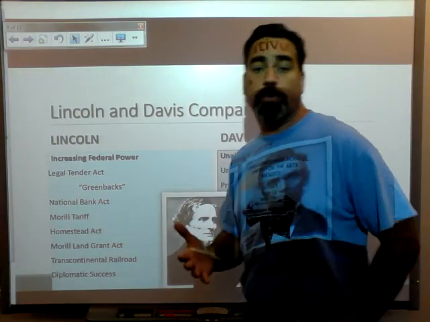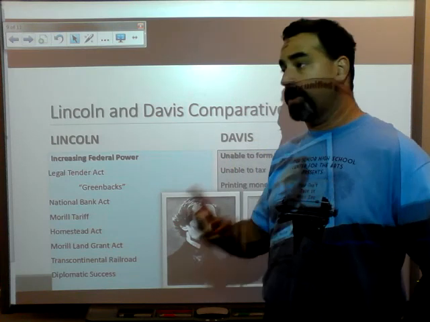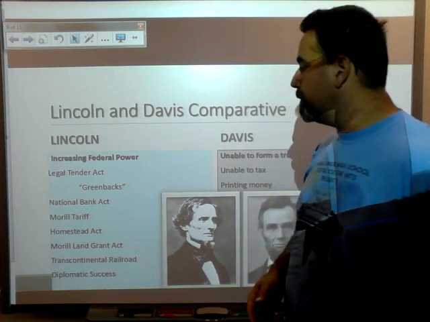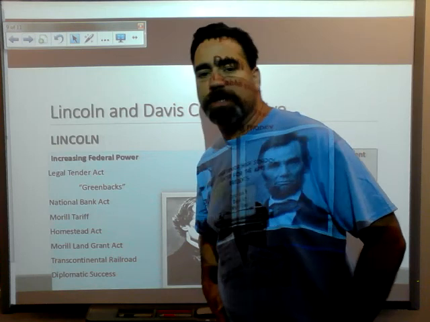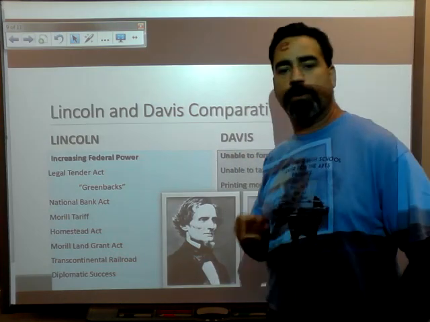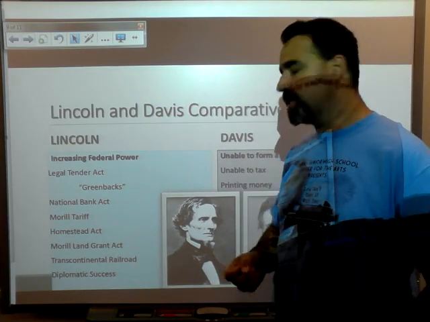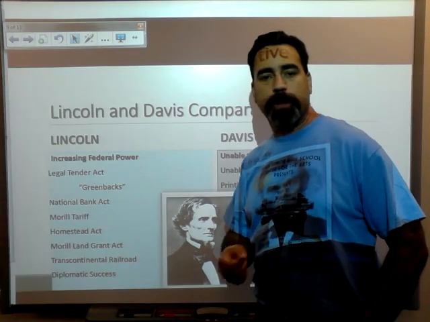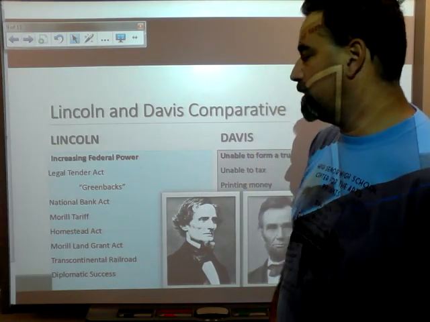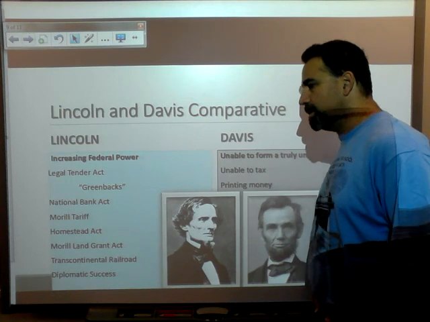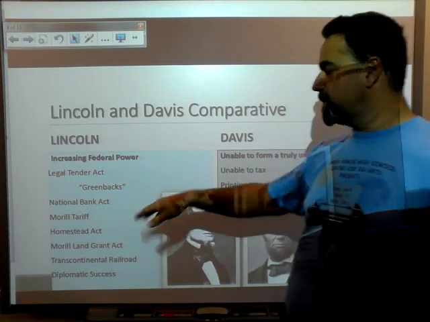First, we've got to finance the war, and we're going to finance the war by going into debt. We sell bonds. But Lincoln also institutes the Legal Tender Act. He's going to create the very first national paper currency. These were known as greenbacks because of the dye on the notes. He also institutes a National Bank Act.